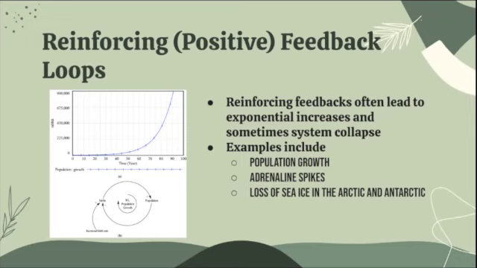Some examples of reinforcing feedbacks are population growth. So as population grows, there are more individuals that can have babies, leading to even more population growth. As adrenaline spikes, your body picks up on adrenaline in your bloodstream and decides to release even more adrenaline. And finally, as sea ice melts in the Arctic and Antarctic due to climate change, it makes those surfaces less reflective, holding on to more heat,